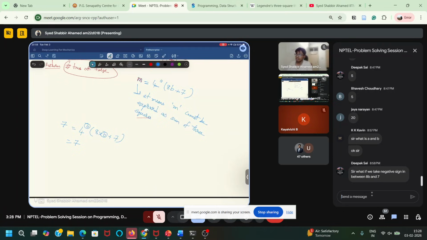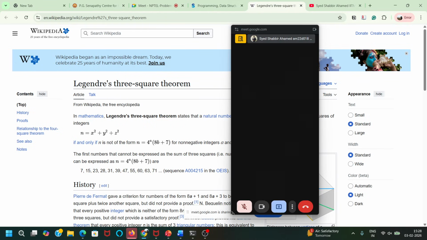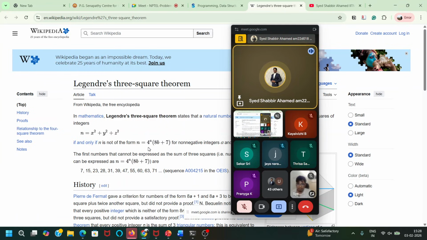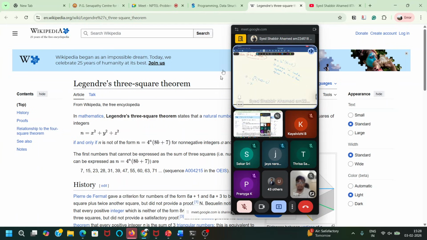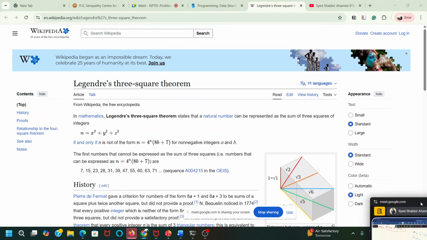No, I don't think that theorem will satisfy. Legendre's theorem should be this, okay? 4 power A times (8B plus 7). This is the theorem. If your number can be represented like this, then it cannot be expressed as a sum of 3 squares, okay? So here A and B have to be non-negative only.